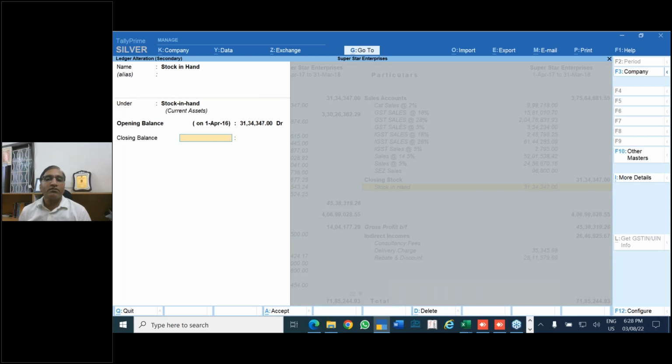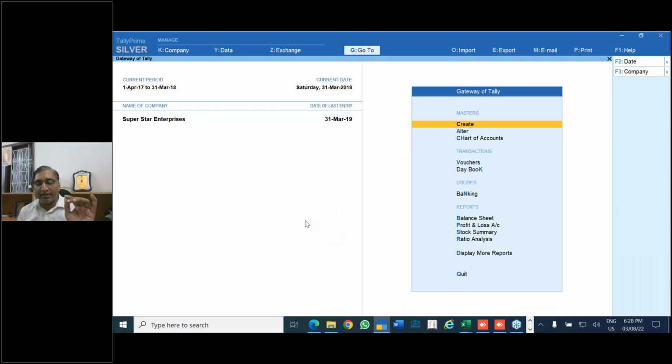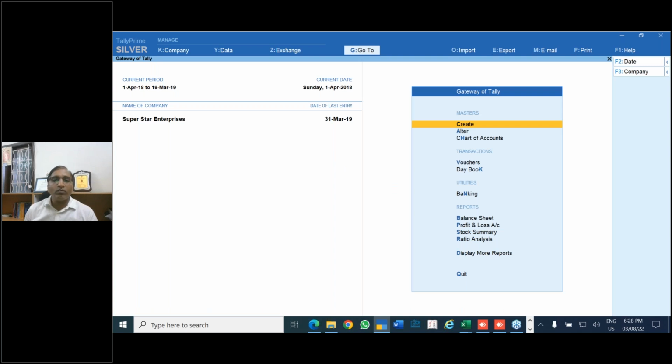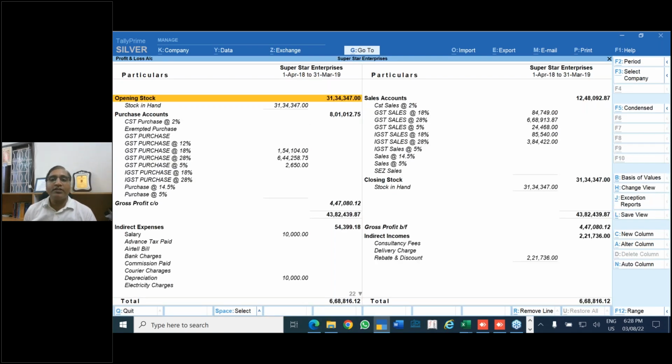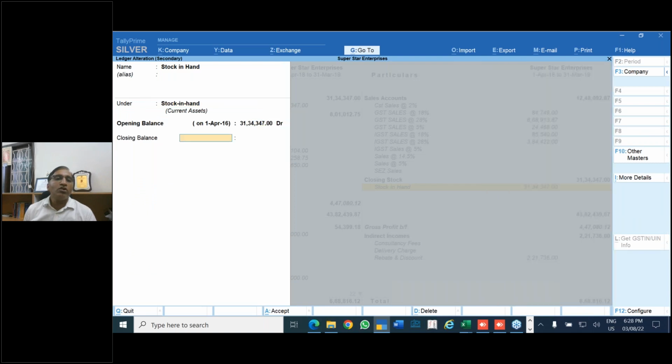31.3. See, be careful about the year. We are in 18-19. This year is 17-18. So I'll change to 18-19. Then go to profit and loss. So opening stock and closing stock are same. I'll change the closing stock value, 31.3.19 as a